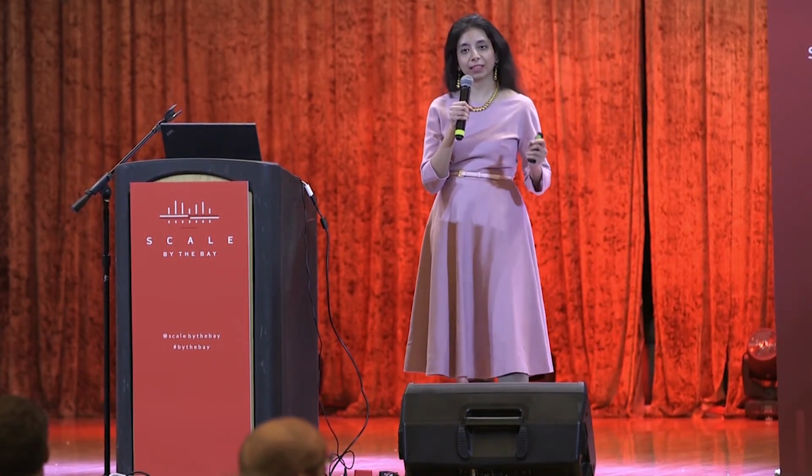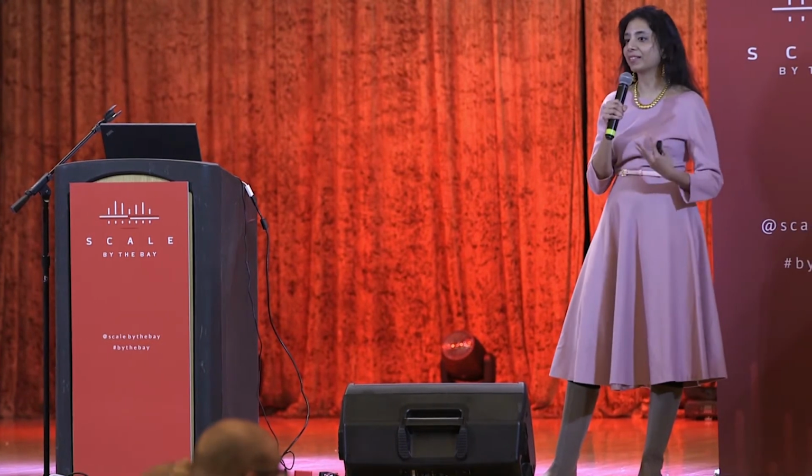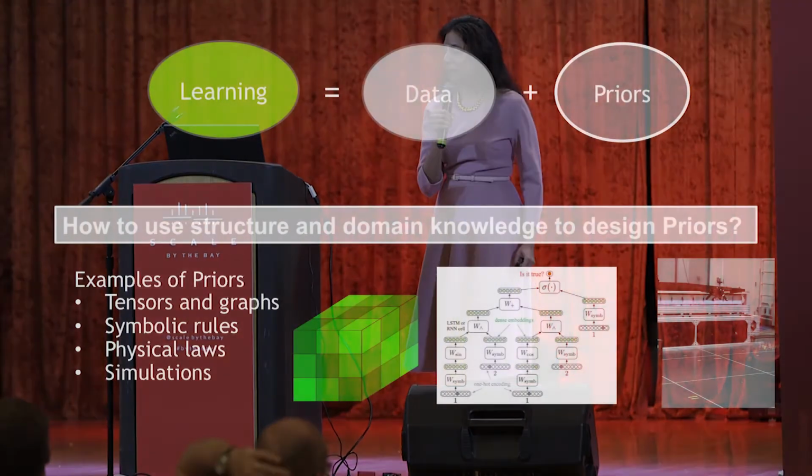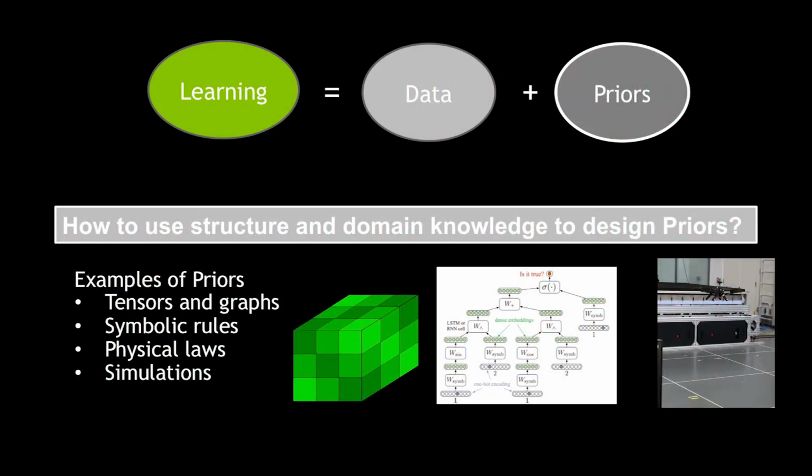And naturally, you can think of other kinds of structural priors like graphs. If you have relational data, then it's natural to use graphs as a form of prior, and graph neural networks have been very popular in recent times. Similarly, you can think of other ways to use priors, although I won't go into details in this talk. On my website, you can see lots of examples where we can use other kinds of symbolic knowledge.